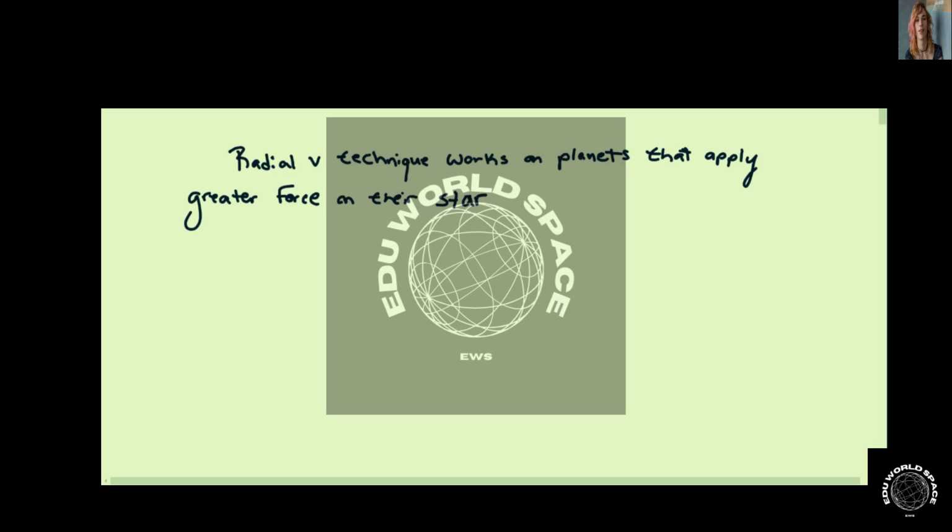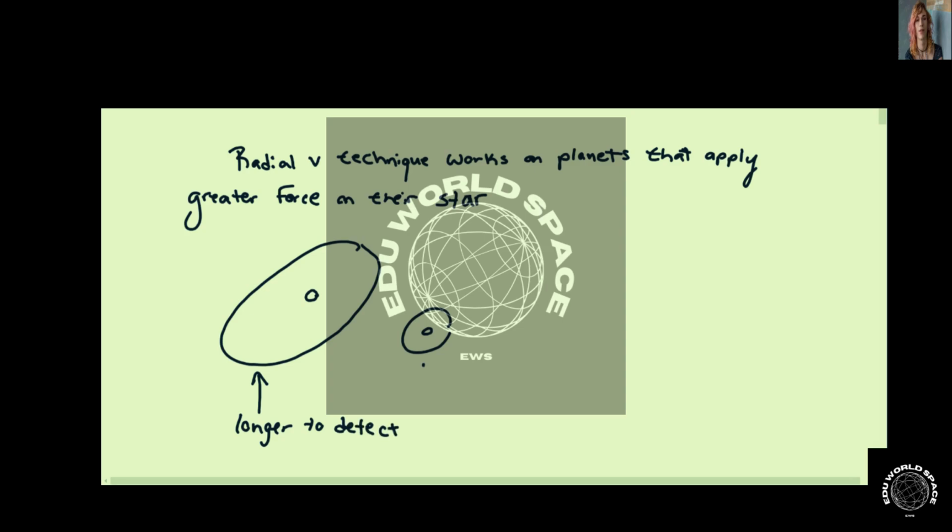If the orbital period of a planet is longer, then it will take a long time to observe that planet. On the other hand, if the orbital period is short, then it will be easier to detect the planet. So if it is a long orbital period versus a short one, it's going to take longer to detect, and here, shorter to detect. This is why the radial velocity technique for detecting planets around stars